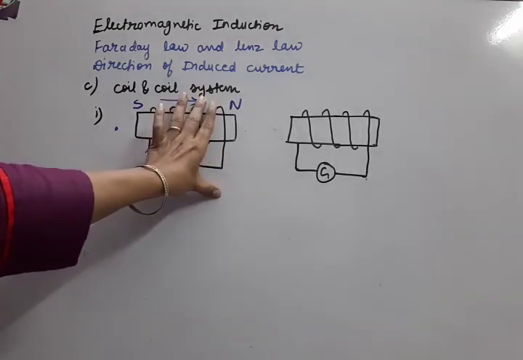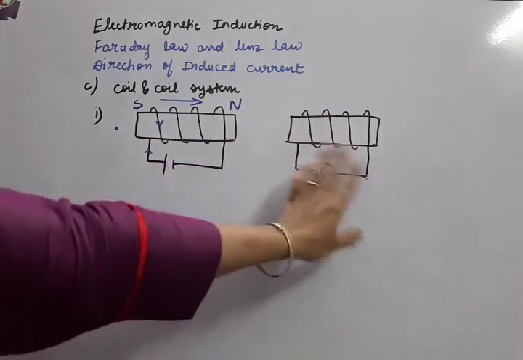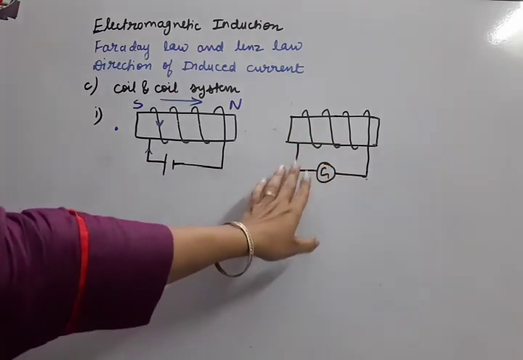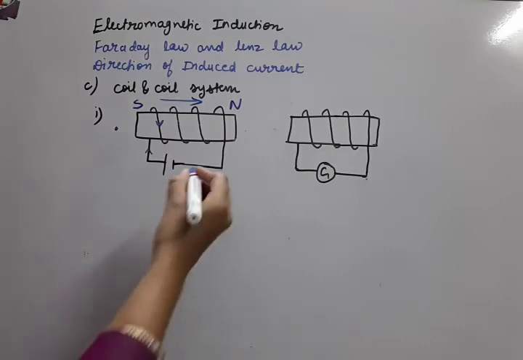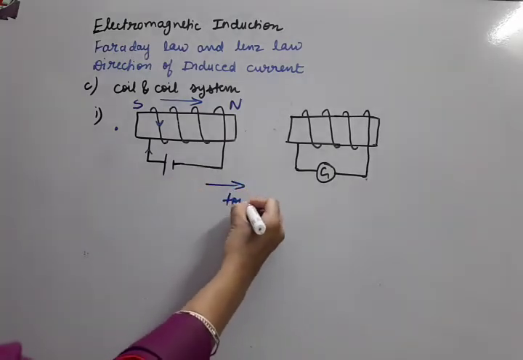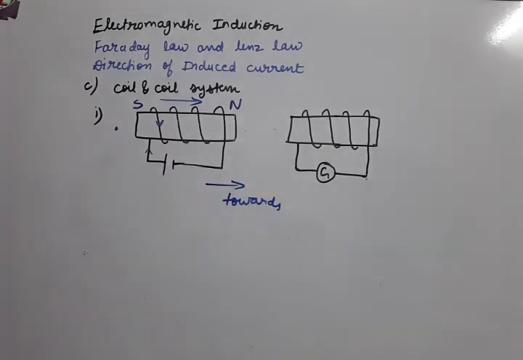So here the magnetic field lines are from south to north. Okay, this is prepared. In this coil, there is no battery, no current now. But induced current can be produced. Suppose we move this coil towards. Okay, now using this case, try to find out the induced current direction. Pause the video, solve it yourself first.